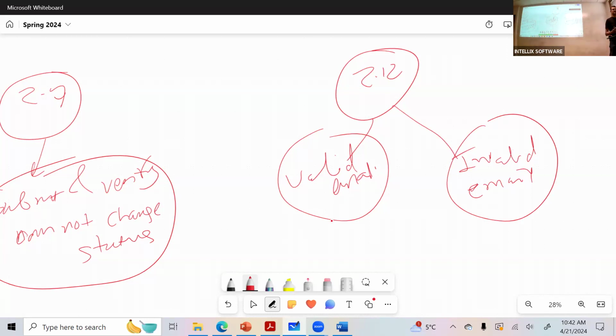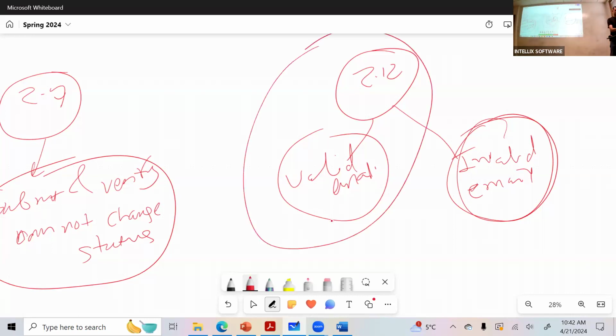If the email doesn't even exist, or if it's not even there, then how would you even test this scenario? You can't test it, right? Because there is no email. I mean, it's a system to system communication. I don't know how you can prove that it's invalid. So the only scenario you would end up testing in real is this one.